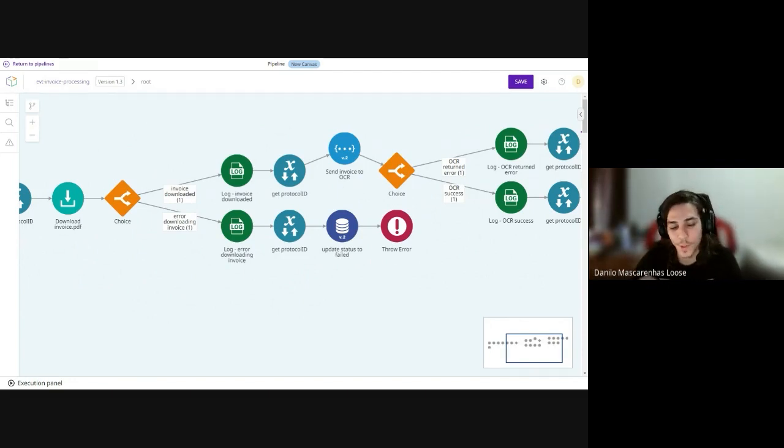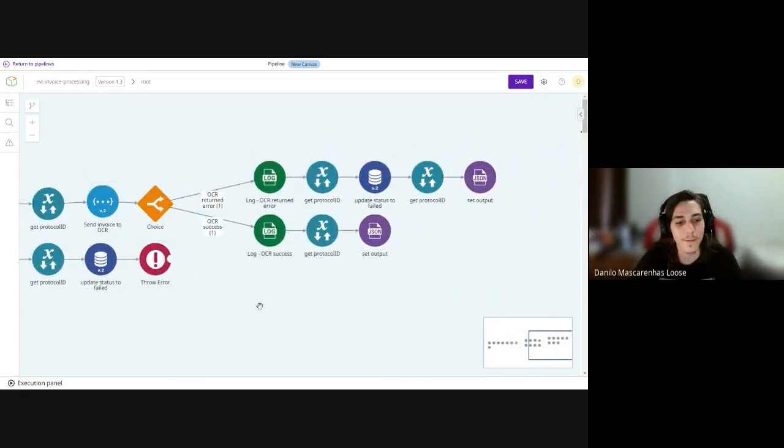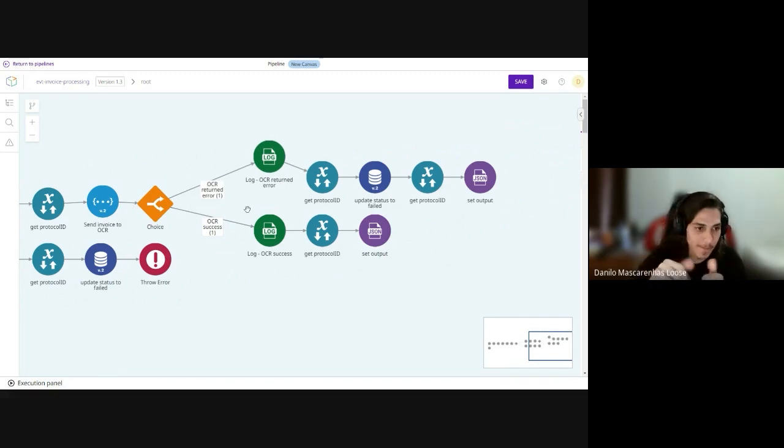OCR because of optical character recognizer. And since the AI service takes some time to process that invoice, we are not waiting for that response here. We are just waiting for the response of, okay, my invoice was sent to the AI service or not.